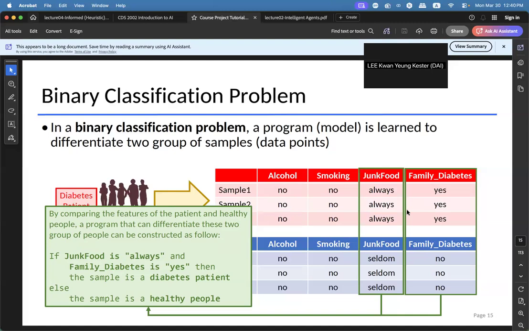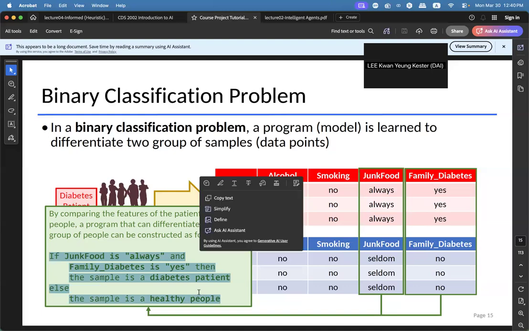The computer will then automatically generate a program that differentiates the diabetes patients and the healthy people. And this program right here is actually the so-called model.